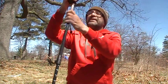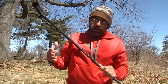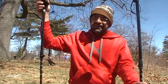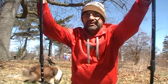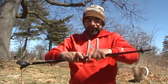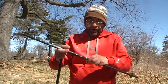But generally, it is a solid, well manufactured carbon fiber pole. The pair is 570 grams. That is almost 20 ounces for the pair, so each is 10 ounces. And the maximum length is 133 centimeters. I don't know how much to tell you in inches, but 133 centimeters is the maximum. And I forgot the other numbers like the minimum, but the reality is, if you want to make it a little bit shorter